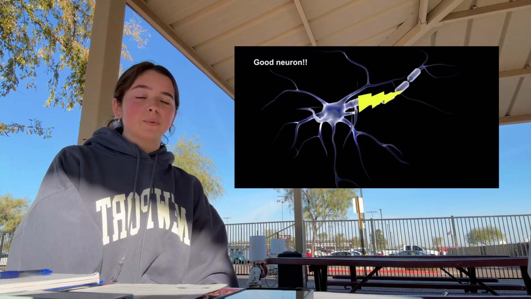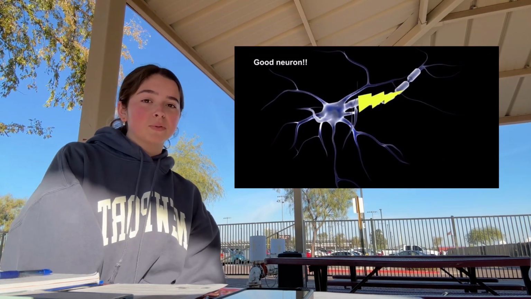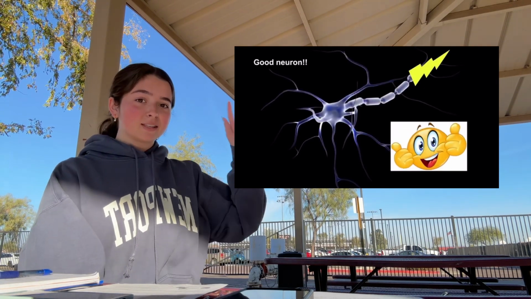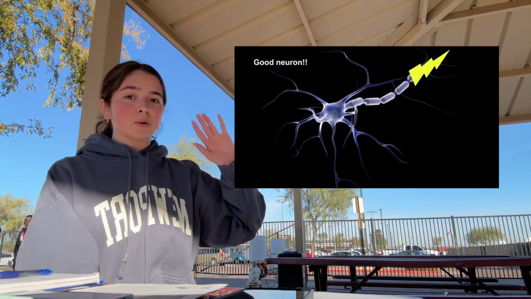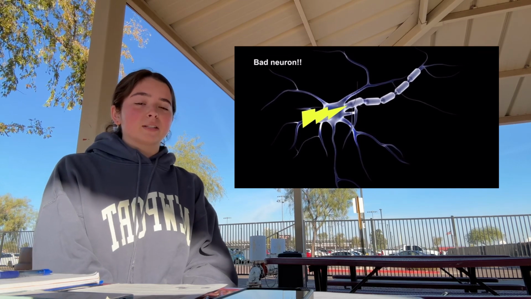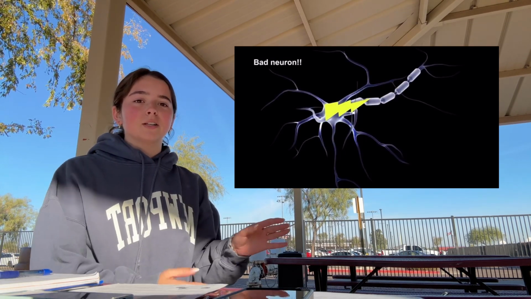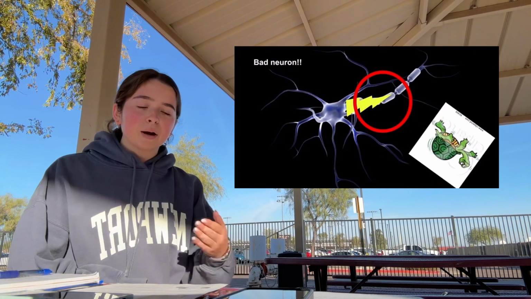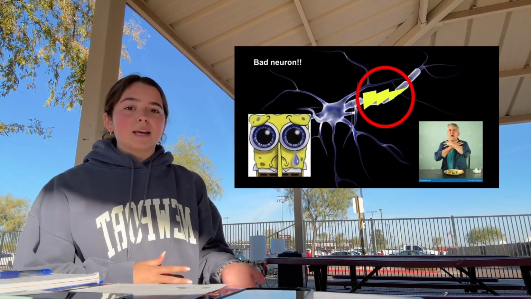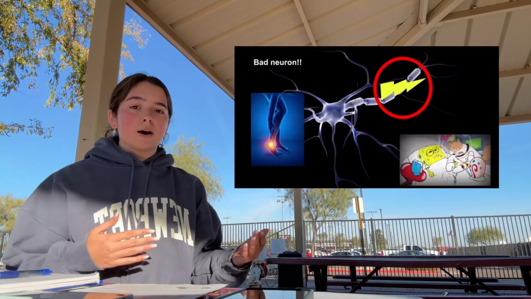Let's take a look at what that looks like. How a good neuron works is that the energy will be transferred very smoothly through the neuron thanks to the myelin sheaths that speed up the process, which lets us wave our arms around at normal speed, and we don't have any problem with that. But in a bad neuron, the myelin sheaths aren't working correctly, and in some other diseases there are different reasons why it might not move perfectly through the neuron, but the problem is it'll move too slow, which causes a lack of control, loss of motor